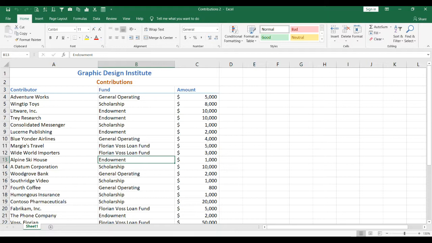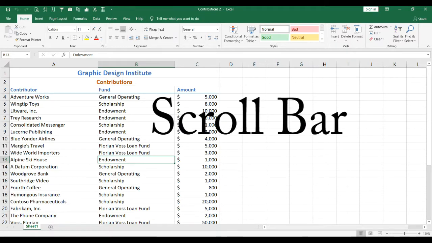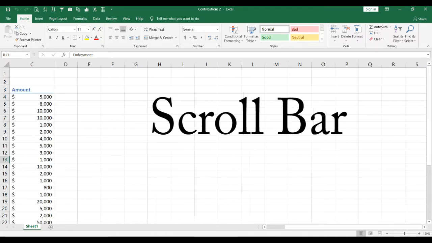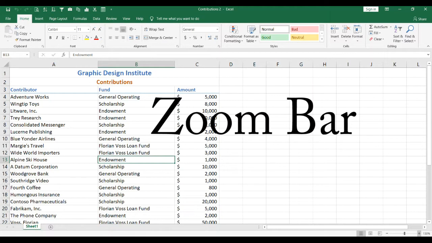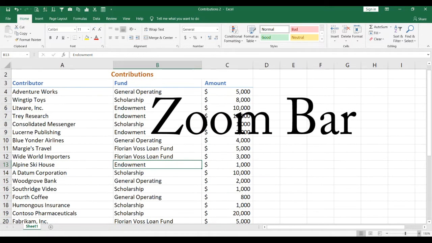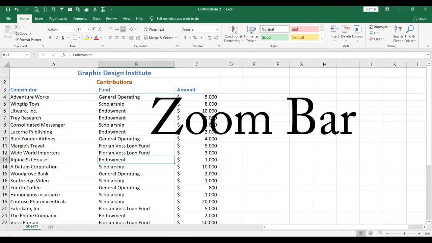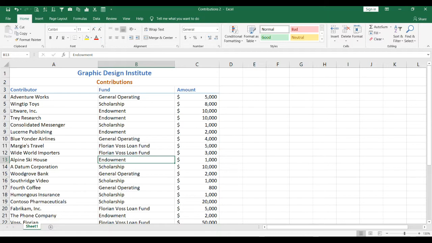And going down to the right, this is a scroll bar. You can scroll to the right and scroll to the left. And this is the zoom bar where you can zoom in and zoom out. So I hope this is clear enough for you to see. I hope it's large enough. And I will go ahead and start to give you some more information on what we can do with this